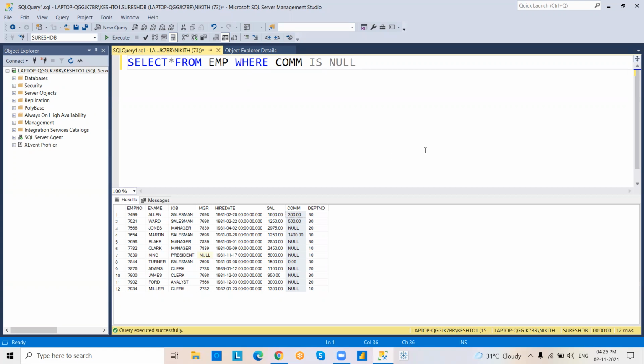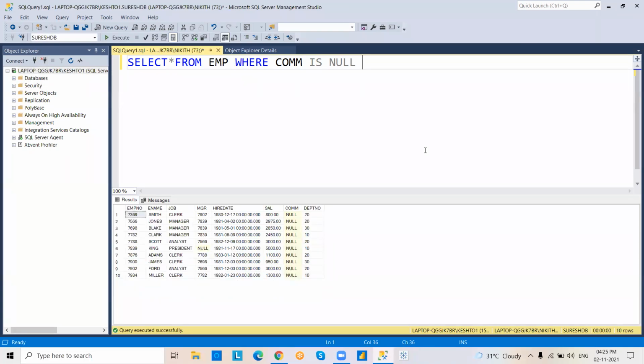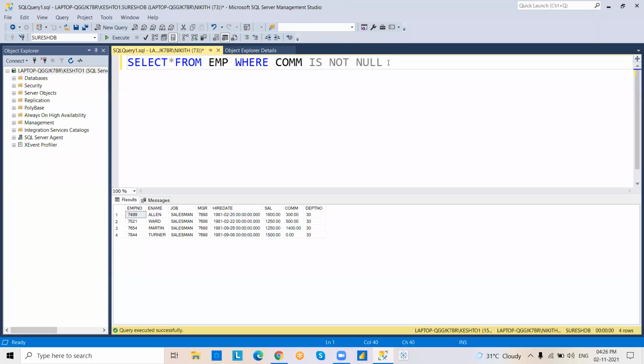What is the operator now? The is null operator. See this. What happened? Please check the commission column. Only null values are retrieved. Okay. In the same way, we can also go for is not null.